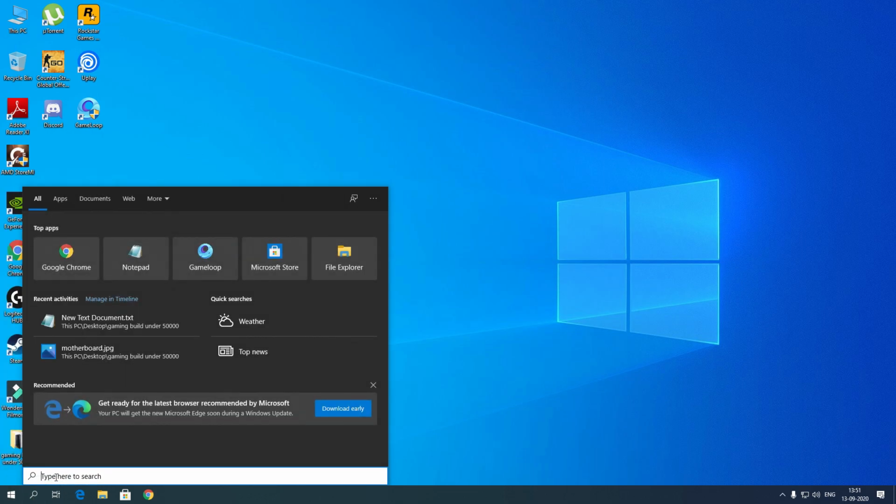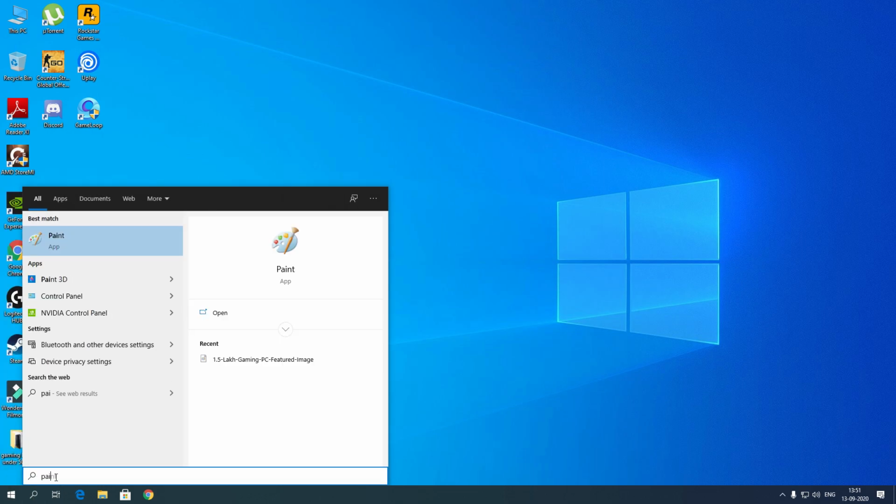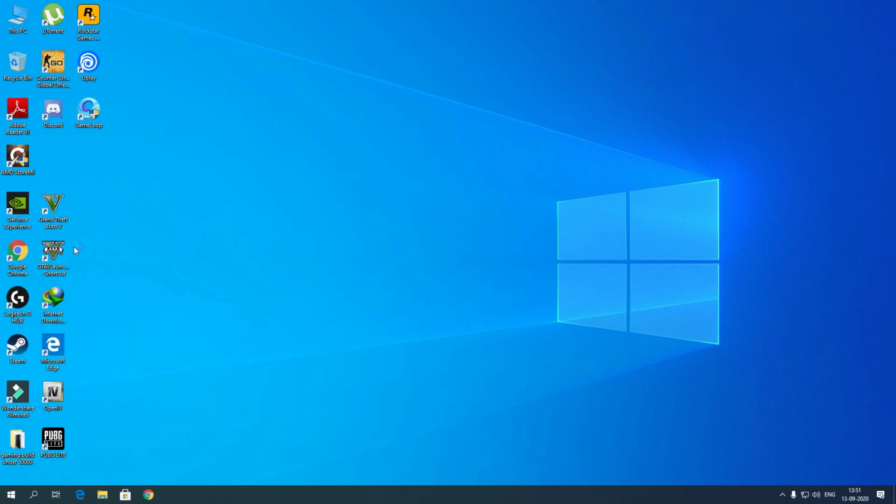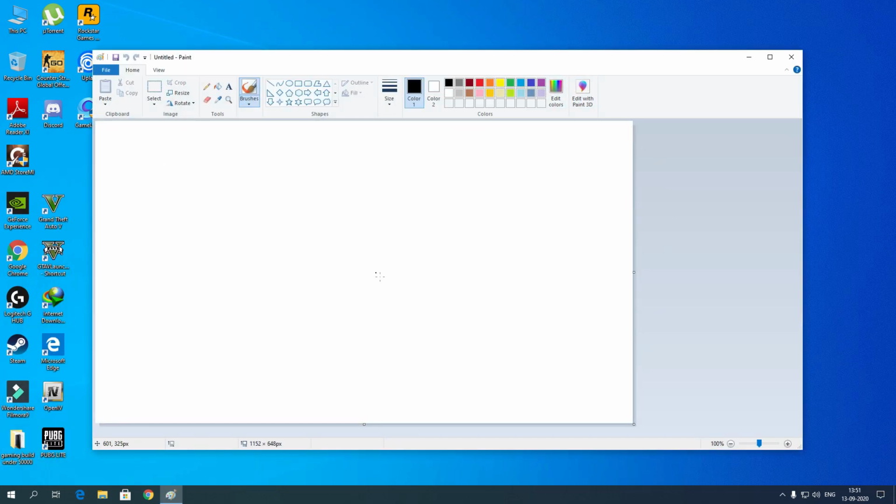So I am going to type here paint, P-A-I-N-T. Now you can see. Can you see one screen here? Yes, it's the Paint window. You can see one screen, right? Here the name is Untitled, Paint, right? It's the title bar. It shows the name of the program and it's part of the program window. What is the program window? Anyone knows? Okay, I will tell. A program window is the box in which the program is shown on the screen.